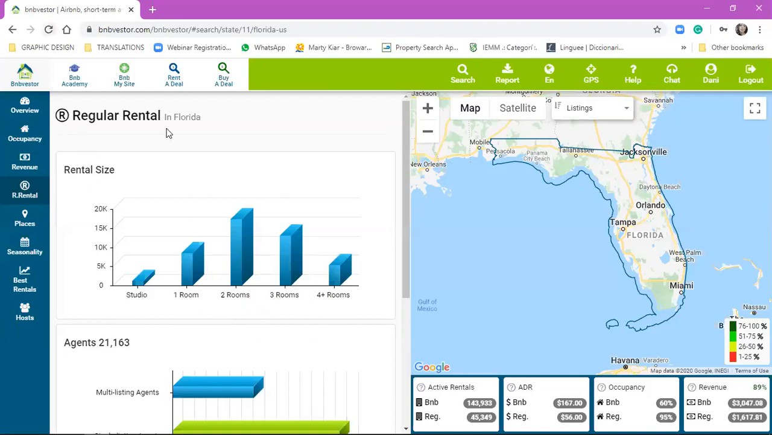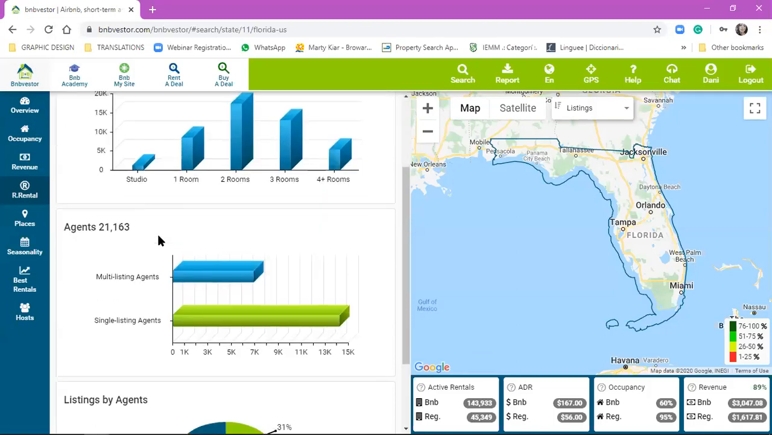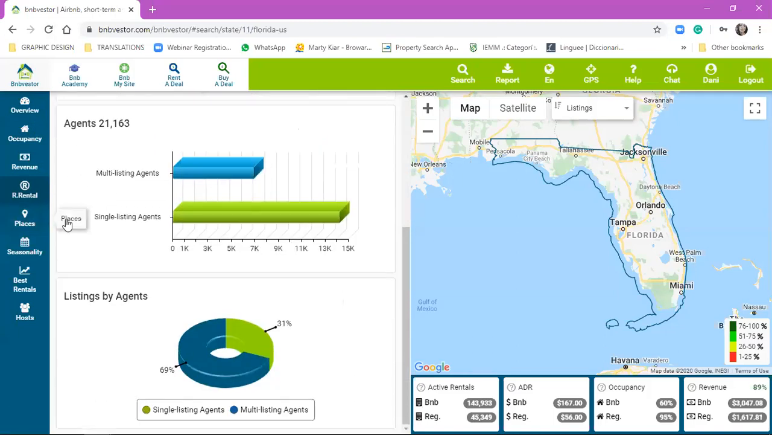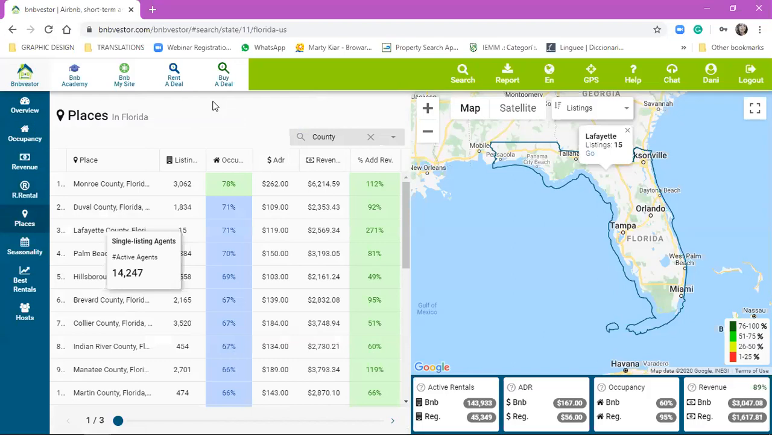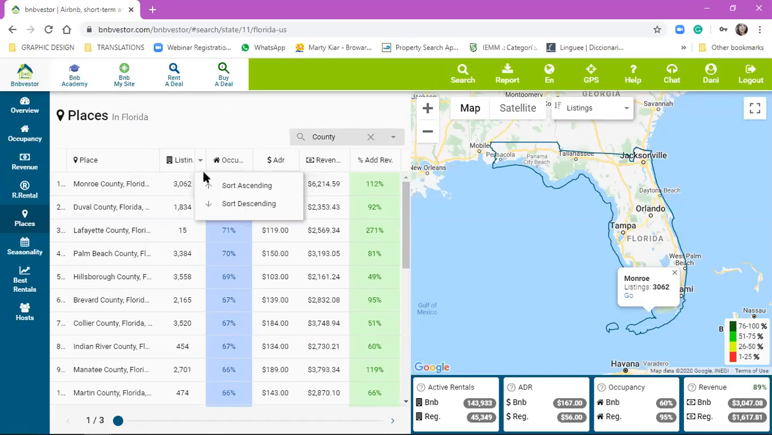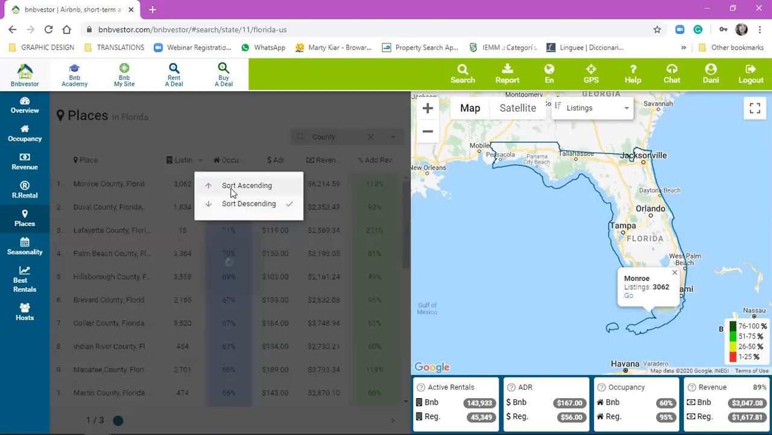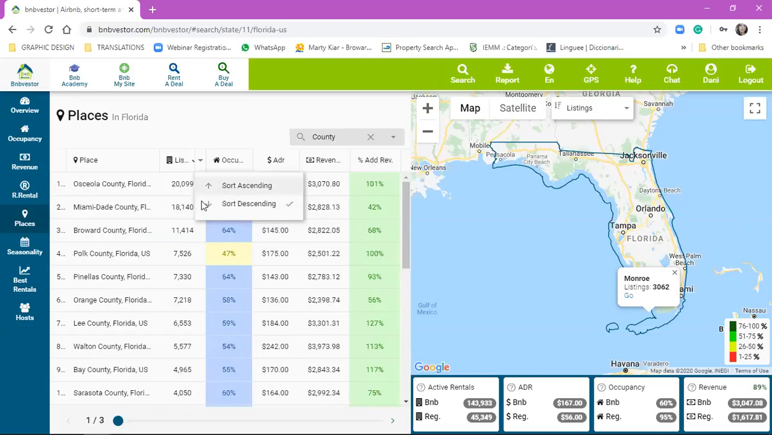So this tab is going to show you the previous, like the regular overview, but instead of BNB, just for regular rentals. Then we have the Places tab. The Places tab is going to show you Florida divided by counties, the number of listings available per county. So you can, for example, sort descending and see which county has the highest BNB